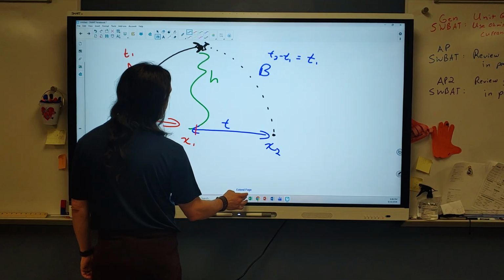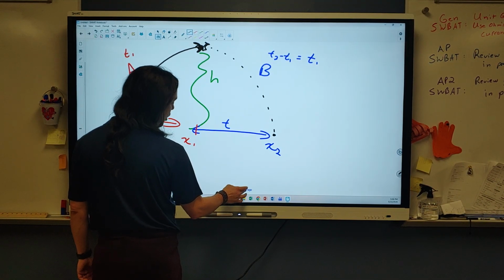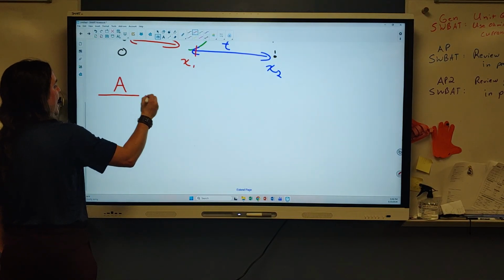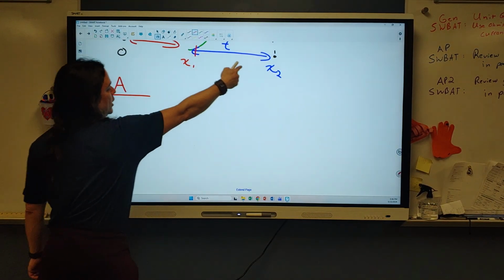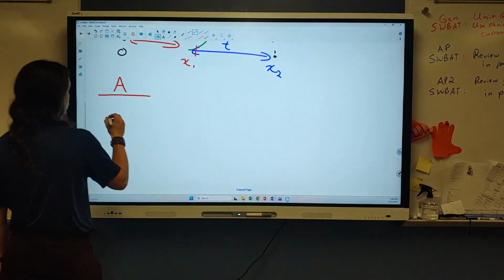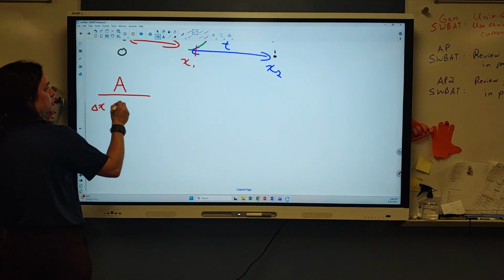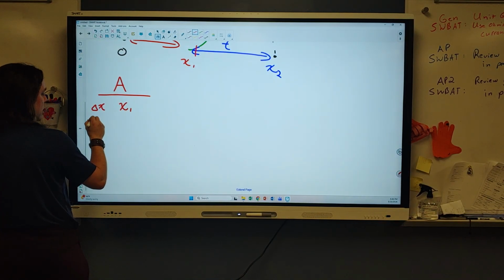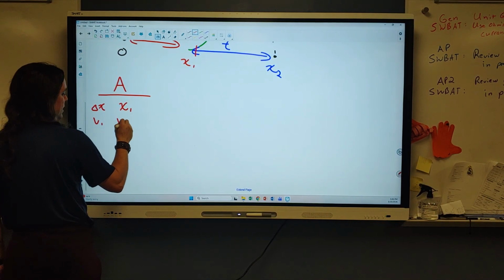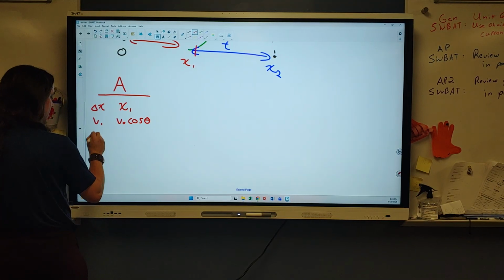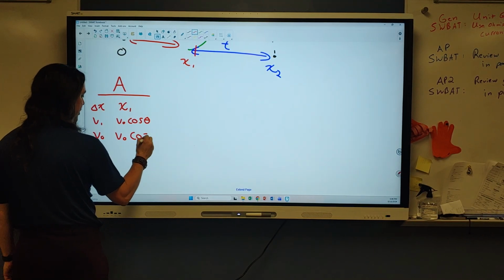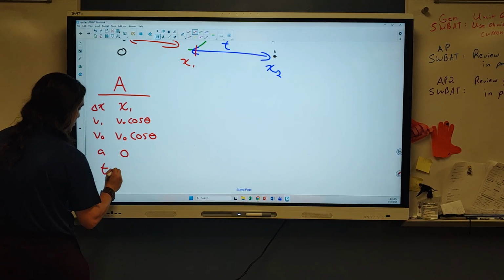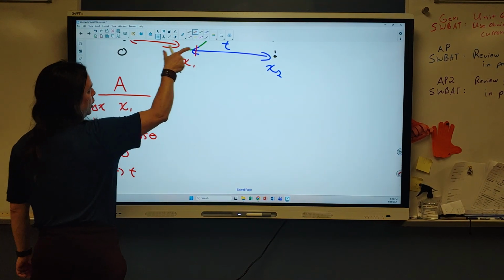Okay, what I would actually set up on this is I need to know a couple of different things. For my students, we would organize this as follows. For motion A, I'm looking predominantly in the x direction because that's where I'm trying to find x2. My displacement is equal to x1, x1 minus 0, basically, but that's just x1. My final velocity is positive v naught cosine theta. My initial velocity is v naught cosine theta. My acceleration is 0, and my time I'm just calling t,